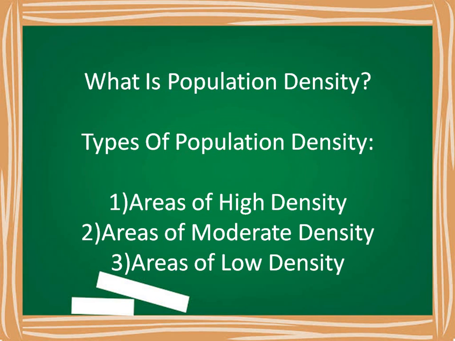Areas of low density. Sparsely populated areas, or the areas with low density of population, include the arid regions comprising the hot deserts and cold deserts of the world, mountainous regions, and dense forests like those in the hot and wet equatorial zone. Insufficient arable land and water supply, along with lack of transportation and unfavorable climatic conditions, are responsible for the low population growth in these regions.